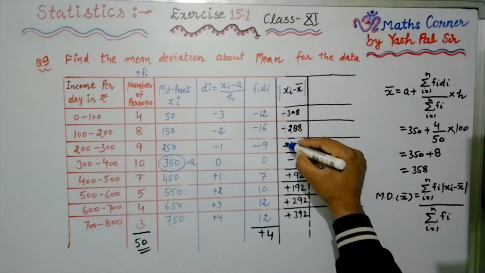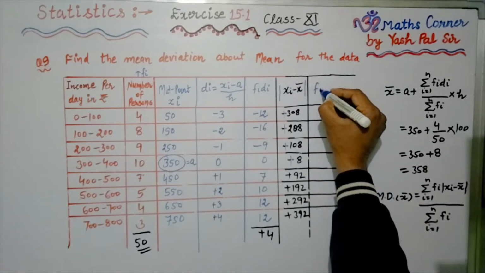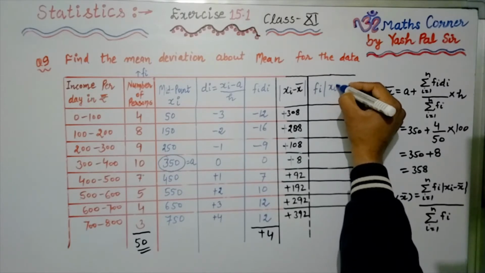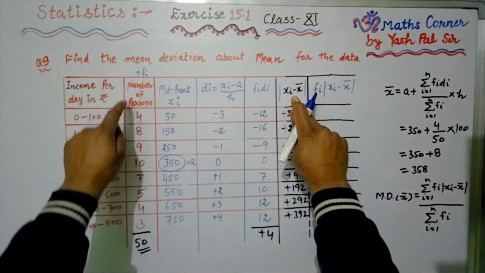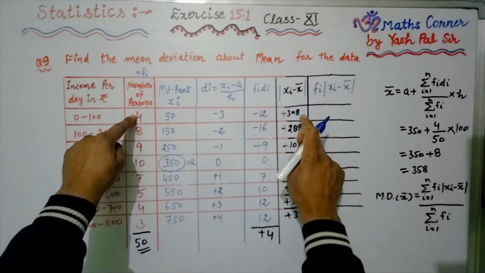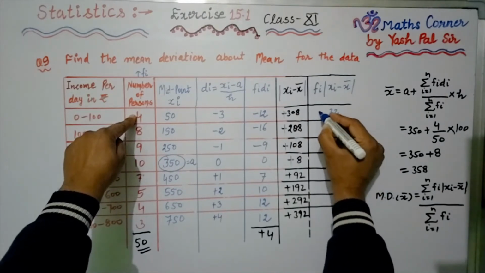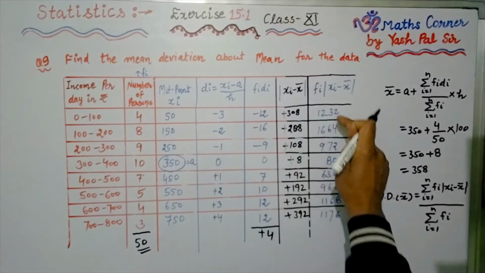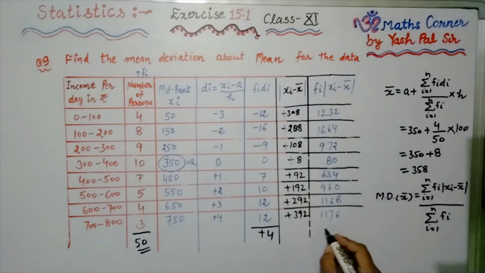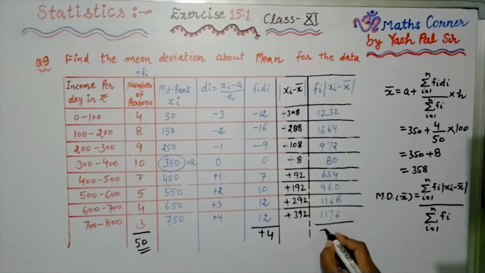So next what we do, we take the modulus sign. So this way all negative terms also become plus terms. Right? Now we find fi into mod of xi minus x bar. Okay, this product into fi is this 4 into 308. Right, like this. So this way I have calculated this product. Finally we find the sum of this column, which is equal to